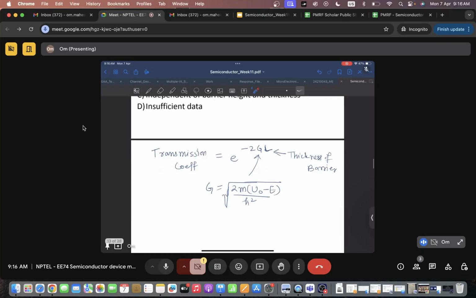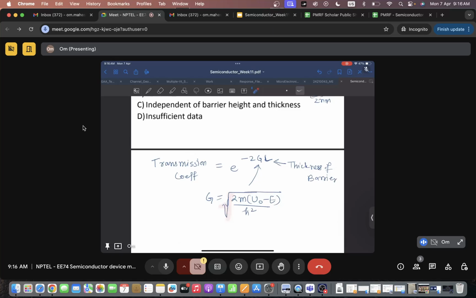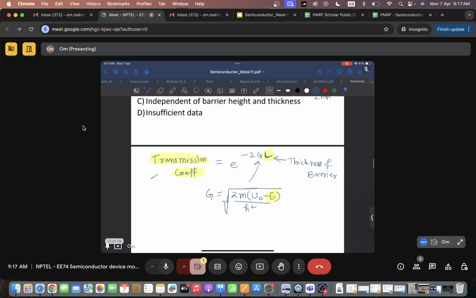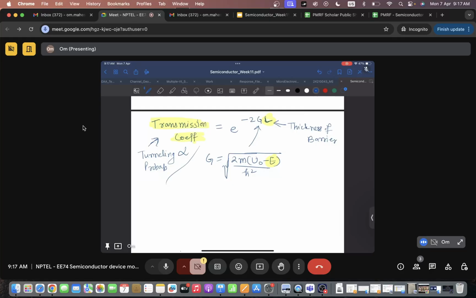Okay, so it is not important to remember this formula, but the main thing to note here is that there is this energy dependence and this length dependence in the tunneling probability or the transmission coefficient. Your tunneling probability is dependent on the transmission coefficient. There is a direct proportionality between these two. Okay, so in case one,